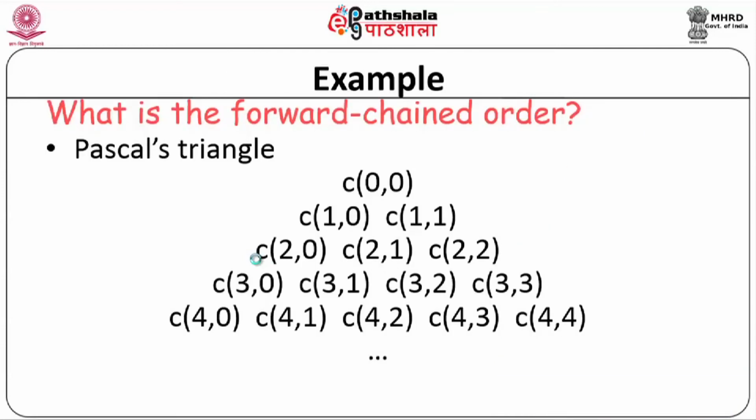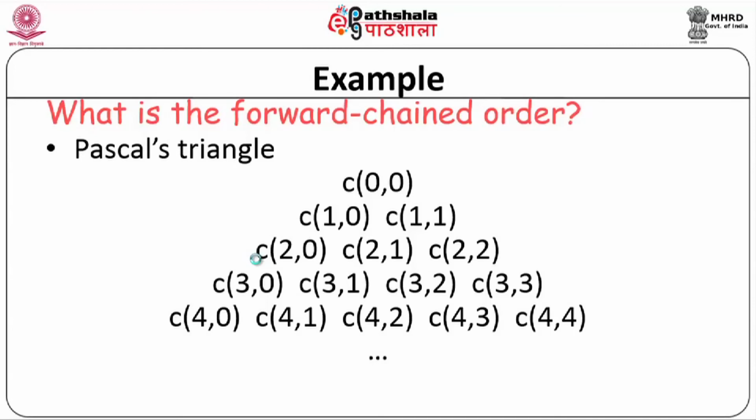So, this problem is similar to this earlier one, where you can see that the binomial coefficient is also nothing but the Pascal triangle, which can be constructed like this. The logic is very simple. You start with a smaller problem like C of 0 comma 0, then from there you try to find your C of 1 comma 0, C of 1 comma 1. Like that you can start generating the next values.